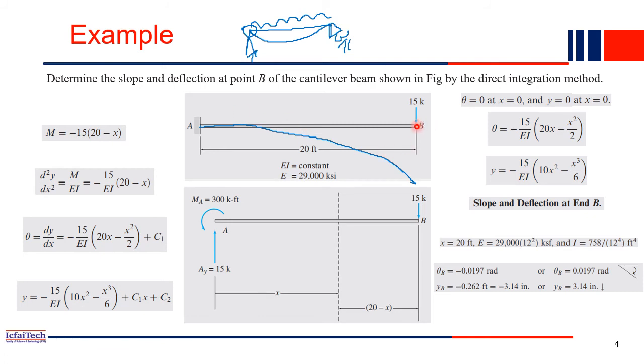So you are asked to find out what deflection happened. What is this height? This is the thing we have to calculate. This is y maybe. And what is the slope at B? Slope means, in the elastic curve, you have to draw a tangent. This is a tangent to the elastic curve, and the angle this tangent makes with the horizontal is theta. So these two parameters we have to find: the deflection y at the tip end, at point B, and theta, the slope at this point.